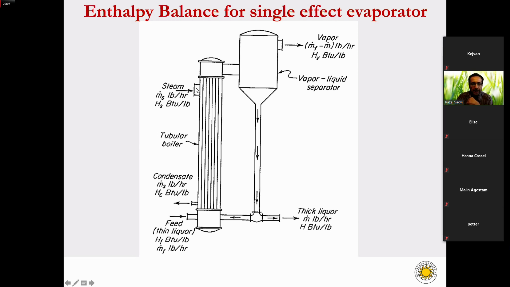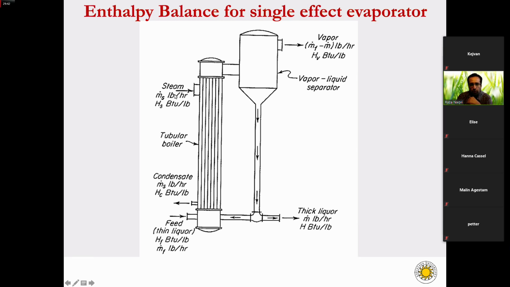So we provide heat. Let's assume that ms is the mass of steam that is provided to the evaporator, and at a certain temperature it has an enthalpy hs. I believe that you know the concept of enthalpy from thermodynamics. This is the energy content of a stream, and we normally can show it as enthalpy or energy content, right? So if we assume that the mass of steam is ms and hs is the enthalpy of the steam at a certain temperature or certain pressure,